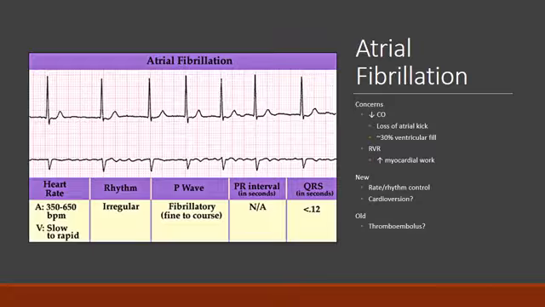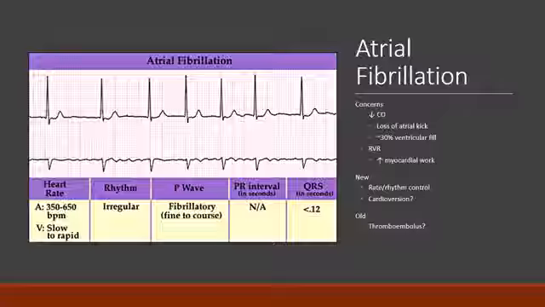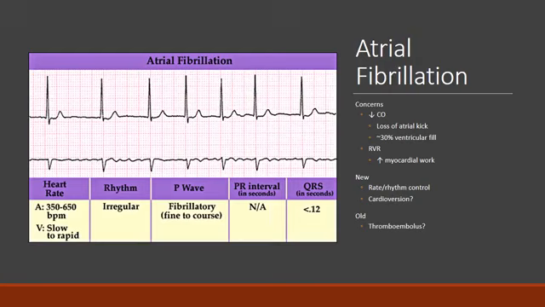Now, if we have a scenario where the patient has never been diagnosed with AFib before, and now it's new onset AFib, and then they're symptomatic and we need to manage it, the way it's managed is typically either through rate or rhythm control, or they can be electrically cardioverted, similar to using the paddles on someone. If it's a chronic AFib, typically they don't manage the rate too much. They try to control the beta blockade to help the AV node continue to act to prevent the rapid ventricular response. But the other thing they do with that is they put them on blood thinners to really help minimize